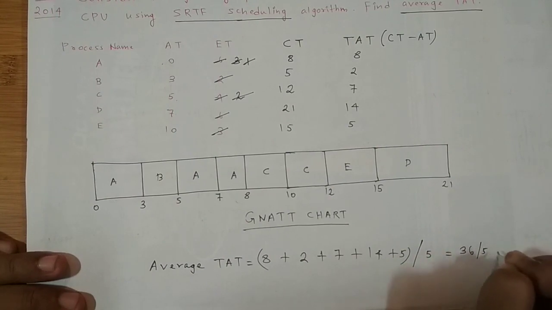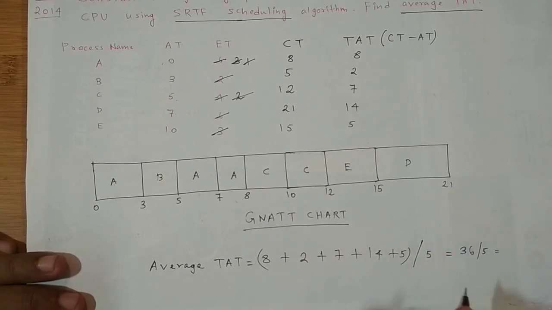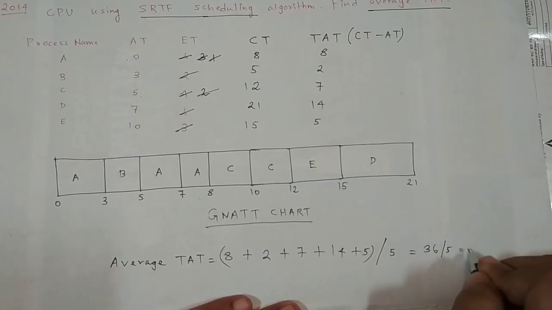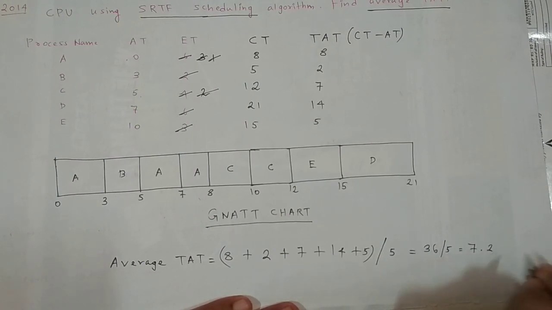So on dividing 36 by 5, I get: 5 goes in 36 7 times, leaves a remainder of 1, so I get .2. So the answer is 7.2